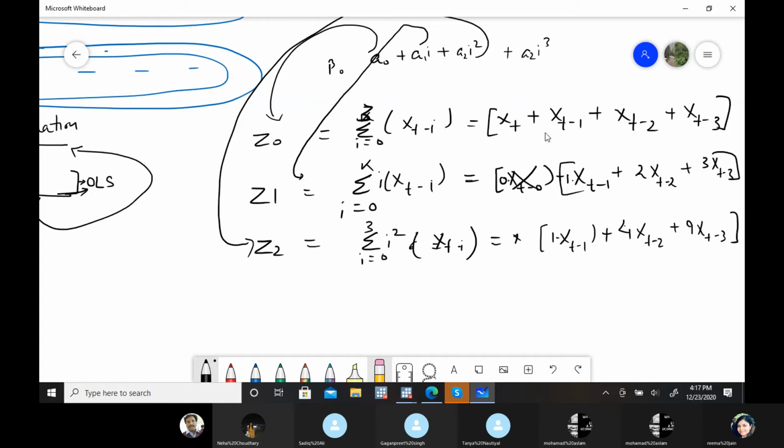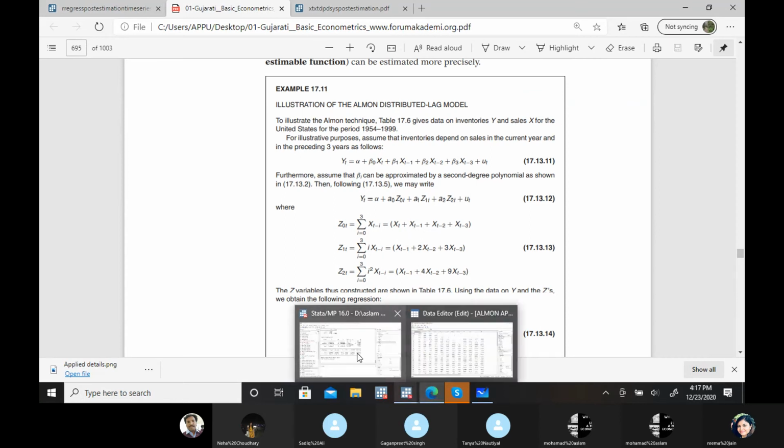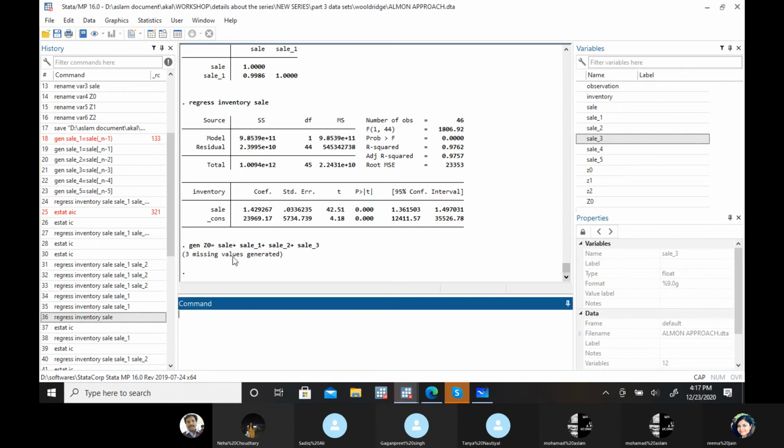These are the three variables we first have to create. These are the three variables that we have to create before running OLS. So Z0 we have created.